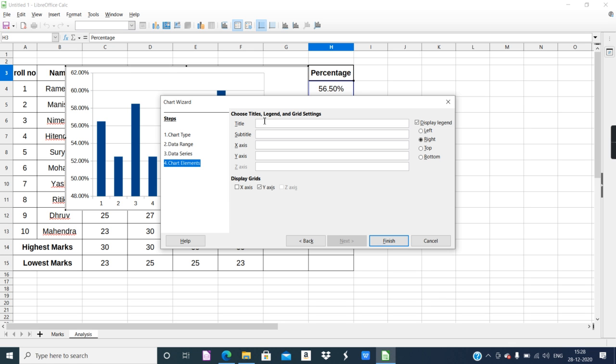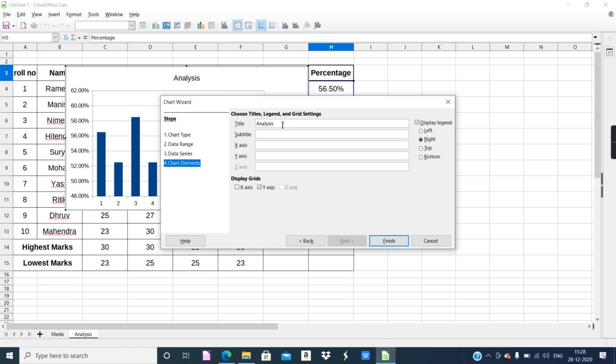Here, if I want to put a title, I'll put a title. This is related to percentage. The title I'll give is comparison or analysis. I do not see a subtitle here.